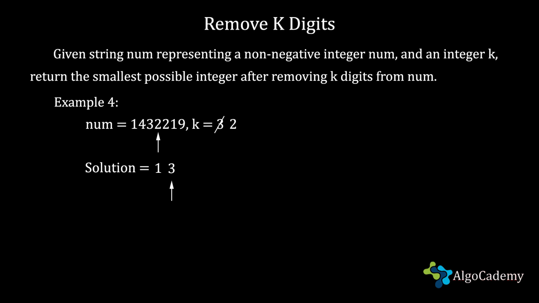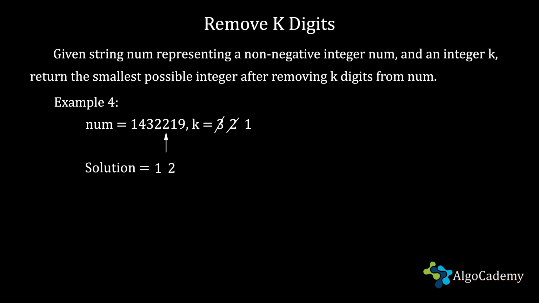2 is less than 3, so it's a great idea to use it instead of 3 as the second digit, so we will remove 3 and decrement k. Then we compare 2 to the new character which is on top of solution, which is 1. 2 is greater than 1, so it makes no sense to use it as the first digit. We will keep 1 in solution, we will append 2 and move on to the next character, which is also